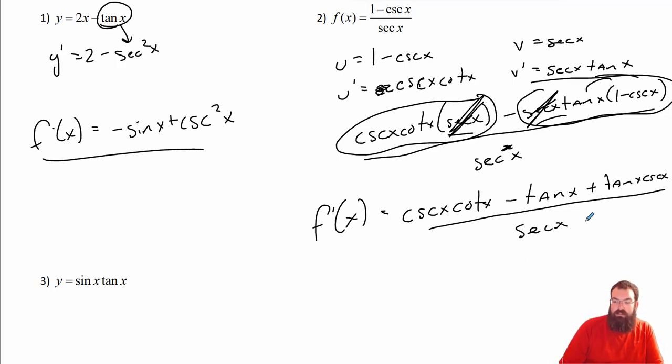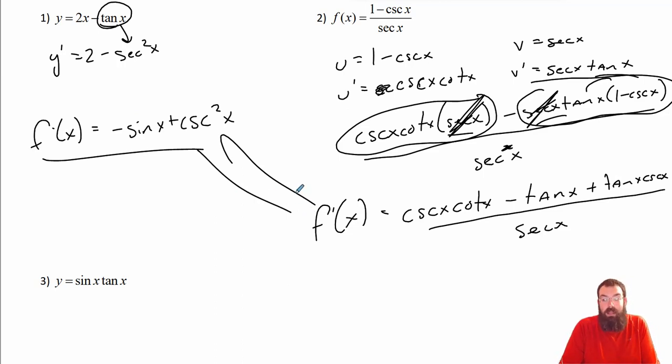Wow, that's kind of crazy there. I don't want to spend any more time on that. I'm going to assume that these are equivalent. I don't really want to do any more manipulating, but